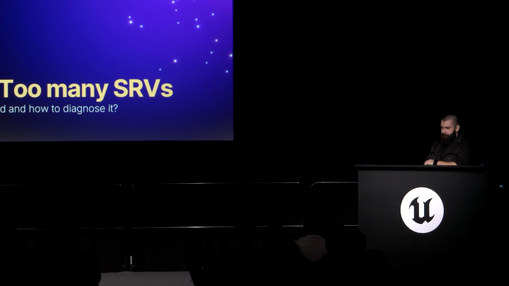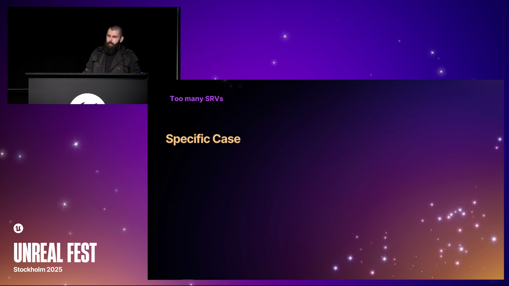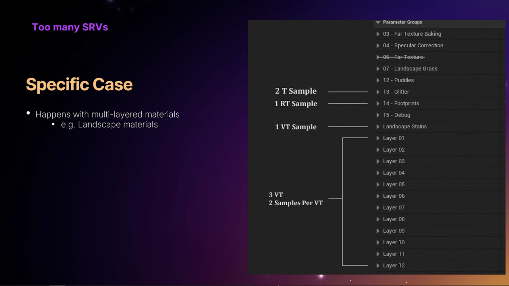In essence, Unreal supports up to 64 SRVs per material. So if you're using big, fat, layered materials, you might encounter this one. But if you look online, you won't find any specific guidelines on what creates SRVs and how they're created for Unreal. And Unreal itself doesn't really tell you exactly how many of them are created. So in this specific case, I'm going to take